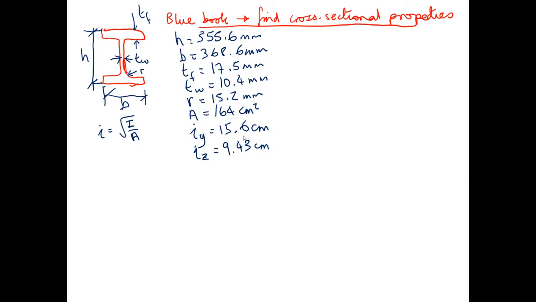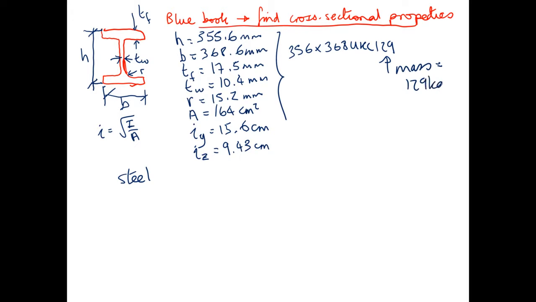We also know the steel grade. All of this is for the section property 356 by 368 UKC 129. So 129 being the mass, which is 129 kilograms. So every meter of this stuff that we buy is 129 kilograms. The steel grade is S275. And then